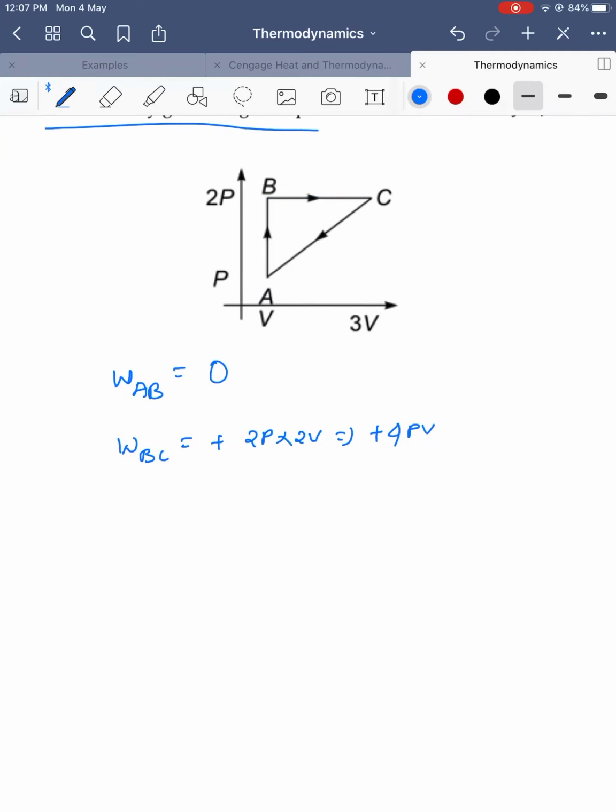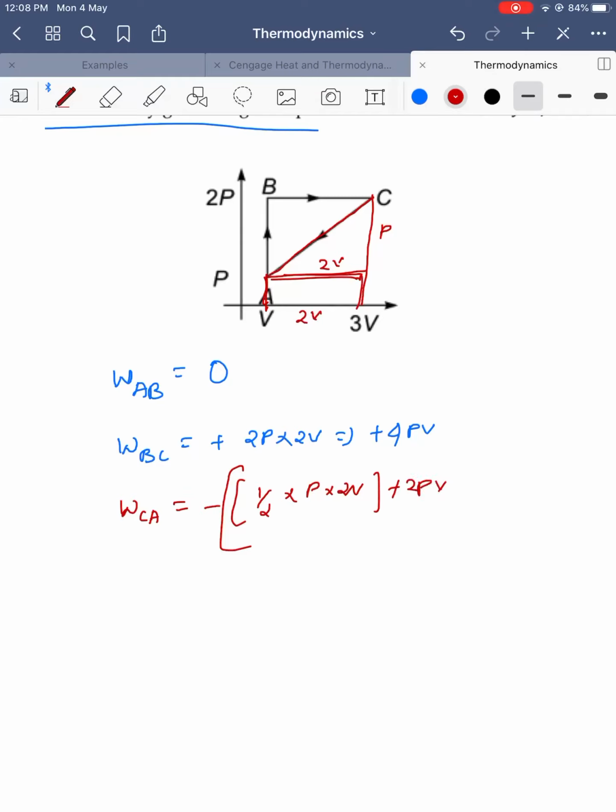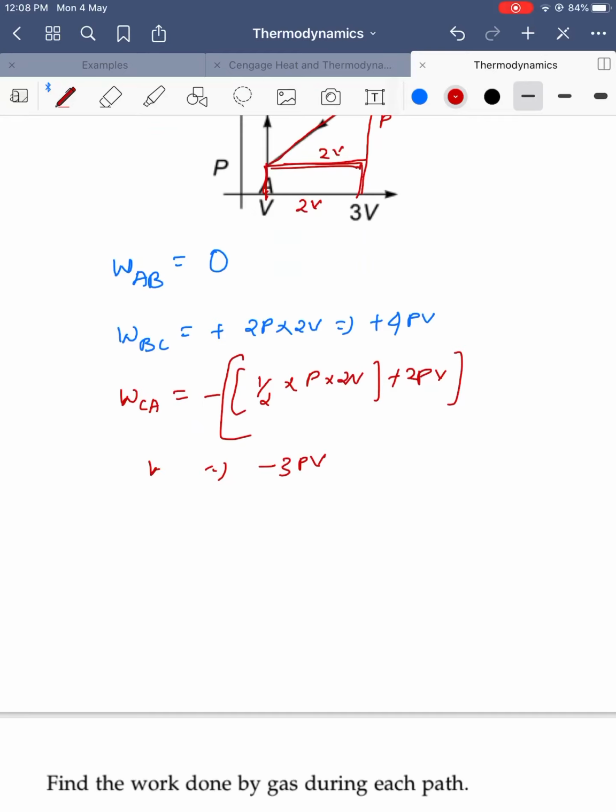Next, work done in the CA process, the area under the curve. Is it positive or negative? Volume is decreasing, so minus. The area under the curve has two parts: a triangular part and a rectangular part. Triangular part: half into width into height, where height is P and width is 2V. Plus the rectangular section, 2V into P. So it is minus 3PV, the work done by the gas